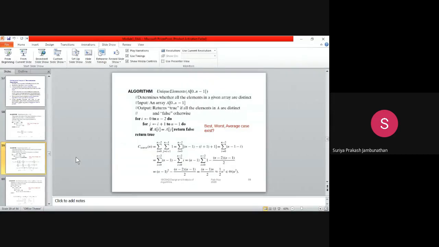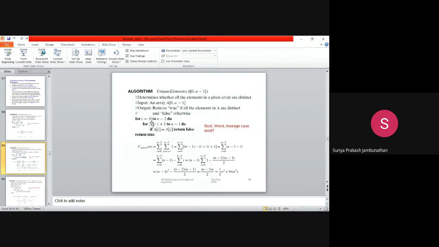Here we are writing two for loops because we have to check the array in two ways. So A of i and A of j, we start with A of i at 0 and A of j at 0. First it will check, then it will increment the value, like that it will go on. So let's go into the algorithm. Please listen properly. For i equal to 0 to n minus 2 do. So we are doing n minus 2 here for the first one.